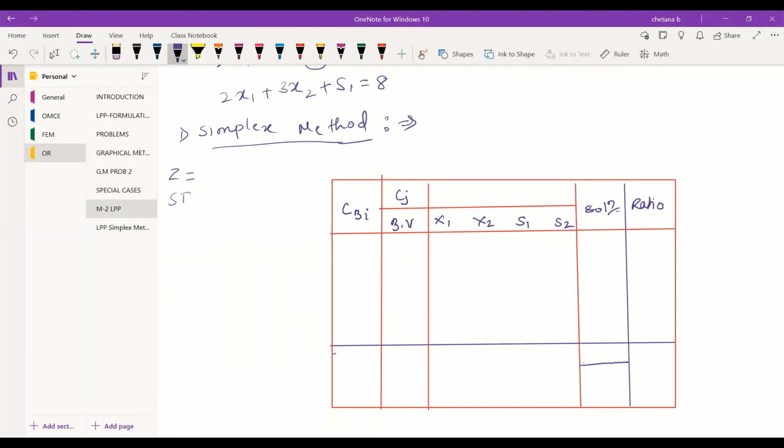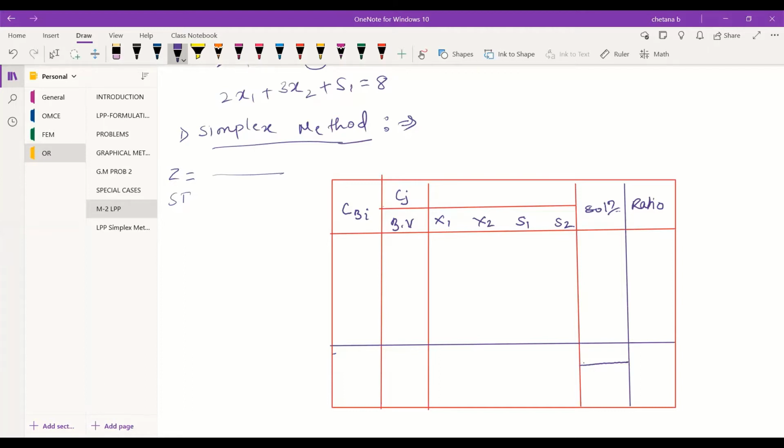Here CBi is nothing but the coefficient of the basic variable. What is Cj? This Cj and BV, if you see, are related to the Z equation, that is your objective function. And if you see this table, these are nothing but the coefficients of the constraints you have.